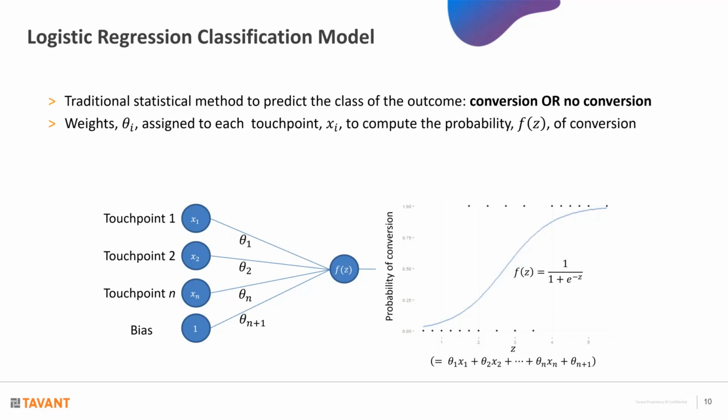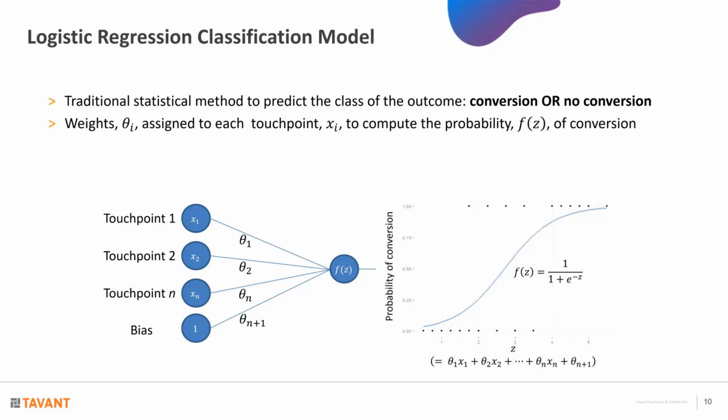So the way it works is by taking each of the elements of the input, multiplying it with some weights, running some nonlinear function on it like this, which basically comes up with the probability calculation of something belonging to a class or not belonging to that class. This is the way logistic regression works, and for this model to work, it needs to be trained. It is trained on a lot of data which has the inputs and the expected output of that classification. Using those, the training method comes up with the weights.